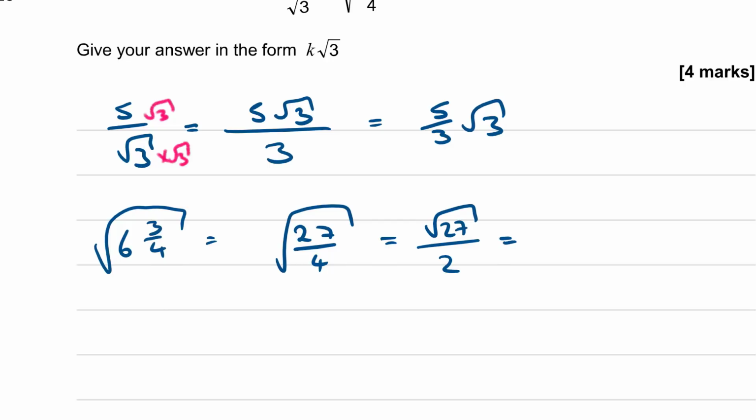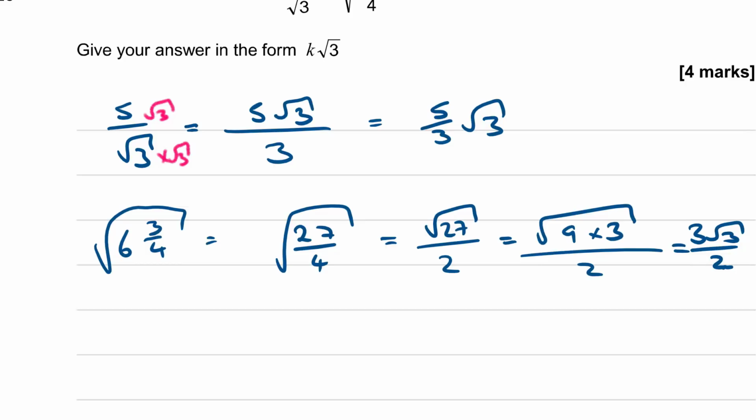Now 27 is made up of 9 times 3. So I can break that up as 2 different surd fractions, and the square root of 9 is 3. So I can rewrite that as 3 root 3 over 2. Okay, so then our original expression, 5 over root 3 minus the square root of 6 3/4, is going to